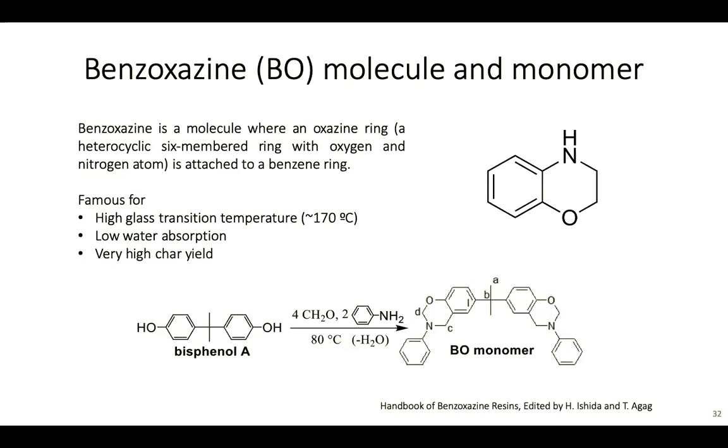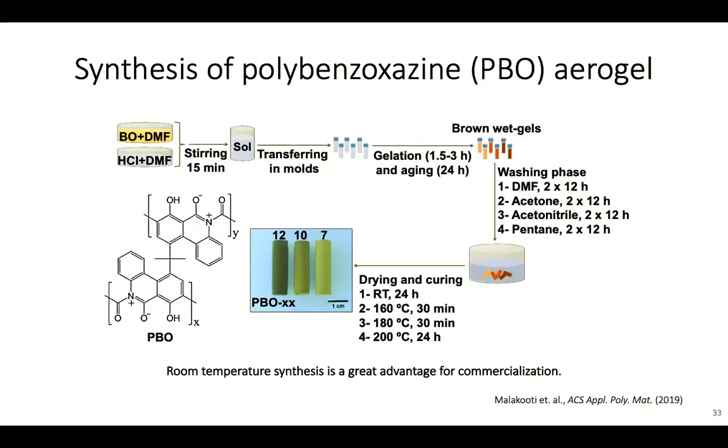Therefore, for practical applications, especially high temperature applications, we need polymer aerogels with high glass transitions. This is the reason we decided to work on benzoxazine-based aerogels, and we synthesized, again, ambient dried polybenzoxazine aerogel catalyzed by acid